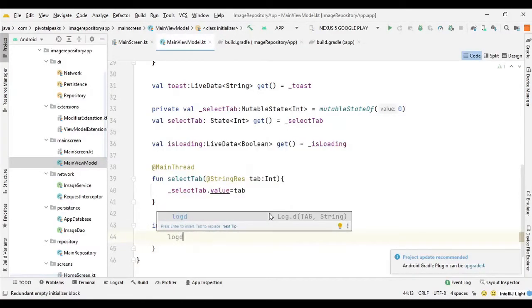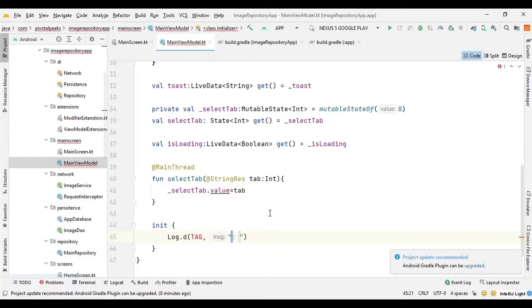So we can say Log.d, and here I want to get rid of the tag, and I just want to provide the message. So I can say ViewModel initialized.